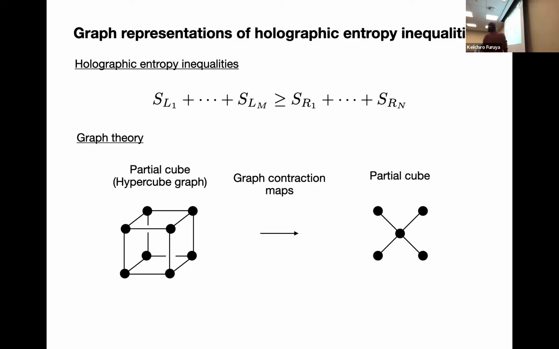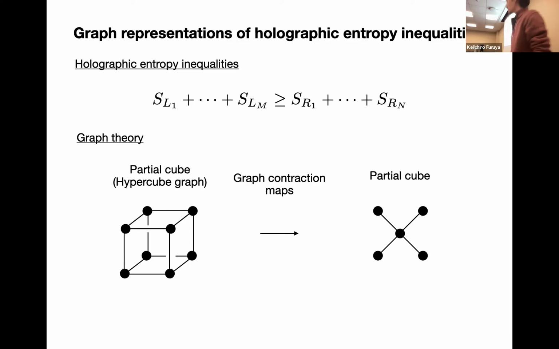Right, so at this point, maybe we can forget a little bit about the problem statement and just focus on shifting the representation. Here is the inequality we wanted to understand. What I will say is that the convex composition with unit coefficients on the left-hand side and right-hand side corresponds to the so-called partial cube graph, which I will define soon. On the left-hand side we will have a hypercube graph, which is a special case of the partial cube.